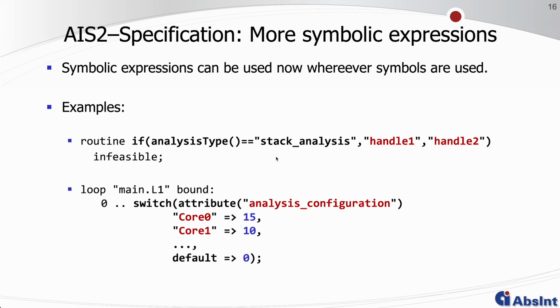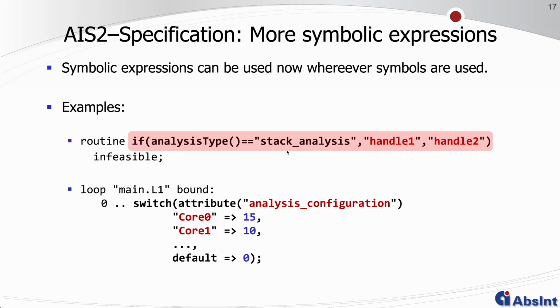If you do an aiT worst case execution time analysis, instead you would like to turn handle2 into infeasible. This can now be expressed by this compact annotation where you have a symbolic expression as a symbol, because it evaluates to handle1 if you are doing a stack analysis, and it evaluates to handle2 if you perform any other